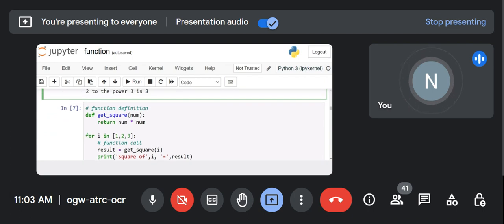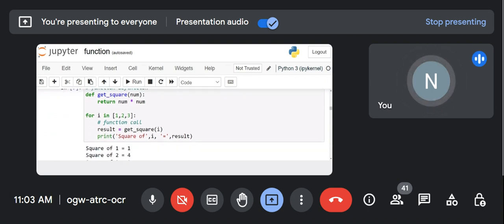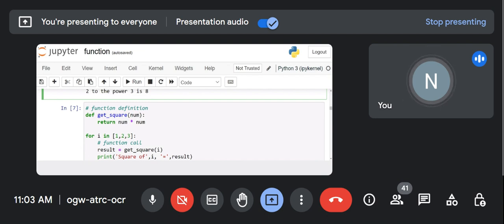Okay, now if you want a change, that means if I want to calculate the square of the numbers which are present in a list, how can I do that? Let's see. You need to calculate the square of the numbers which are present in a list. For that,